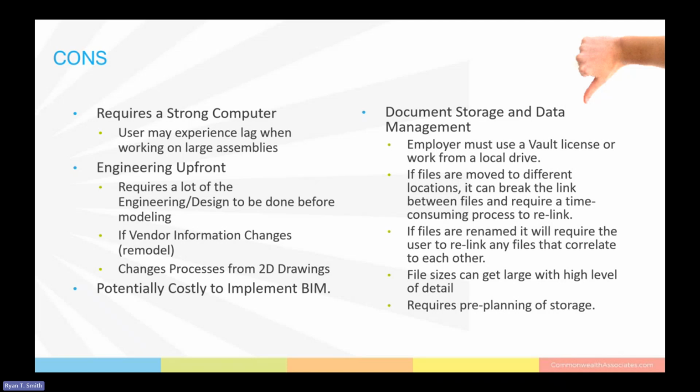Another thing, engineering up front, there's a lot of planning, there's a lot of creating libraries. Traditionally, our industry uses like a 30, 60, 90. And a lot of times that 30% is like a plan view. Well, if you're doing a plan view in 3D, you kind of have to draw the full model. So that means the shift of focus of drawing your model, where now like a 2D plan view, you can probably do something pretty basic and make it look correct